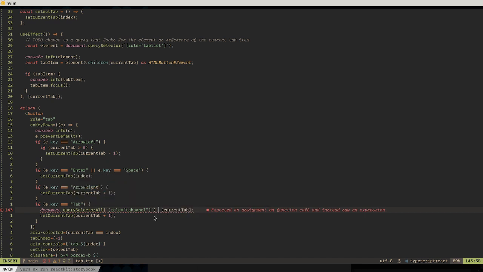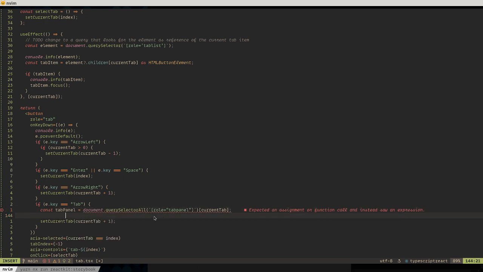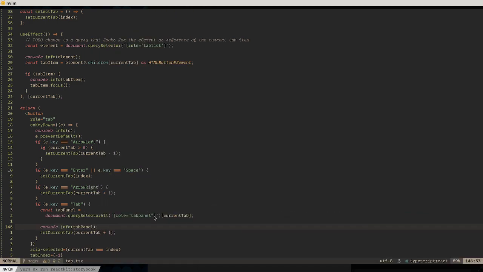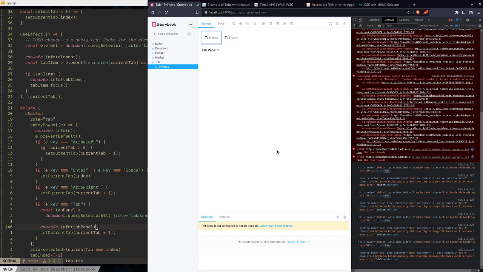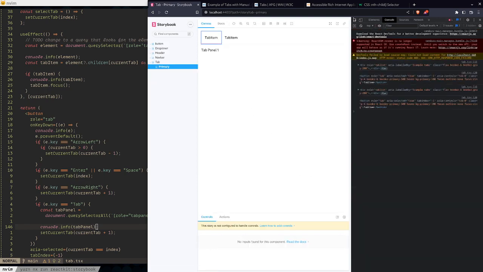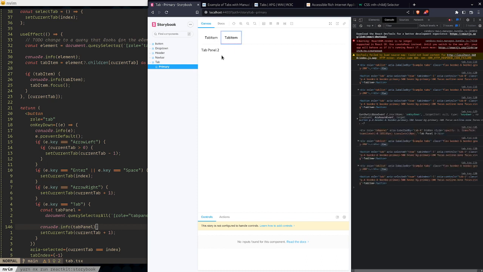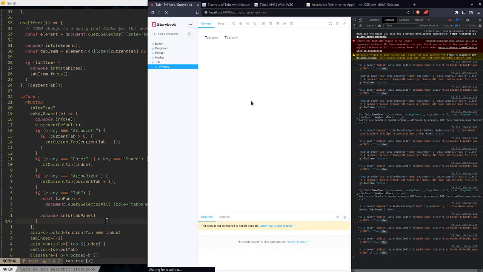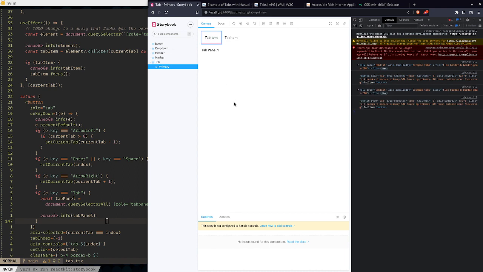I want to check what this returns. Okay, so let's see what this returns. Okay, so yeah, that's part of the problem. We don't want that feature anymore. We don't want to skip to the next one. We just want to go role tab and all focus. Okay, so